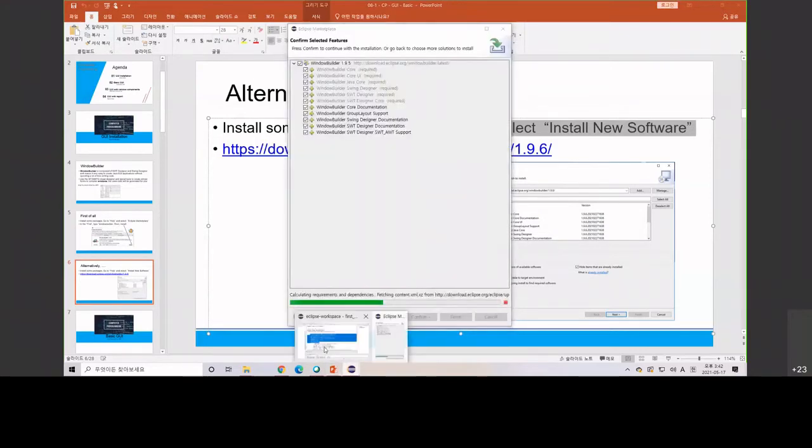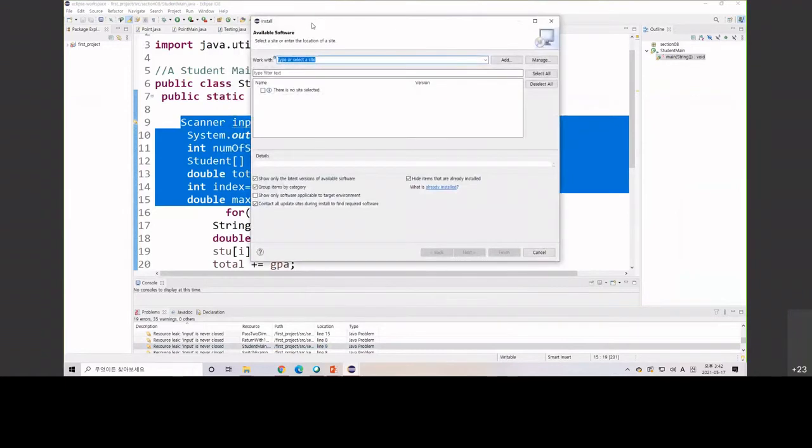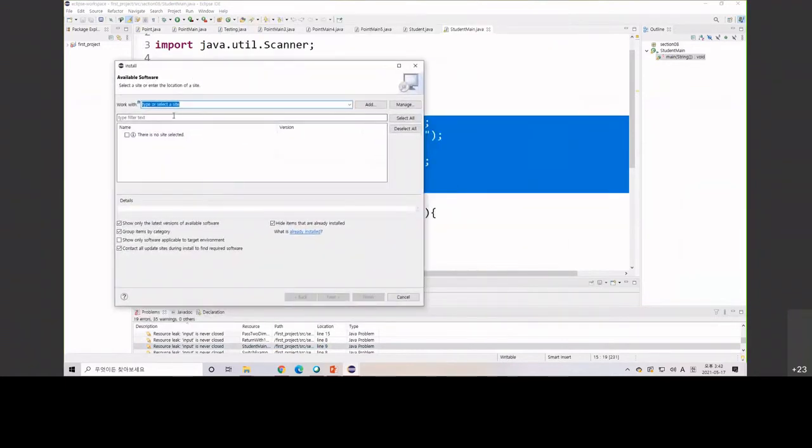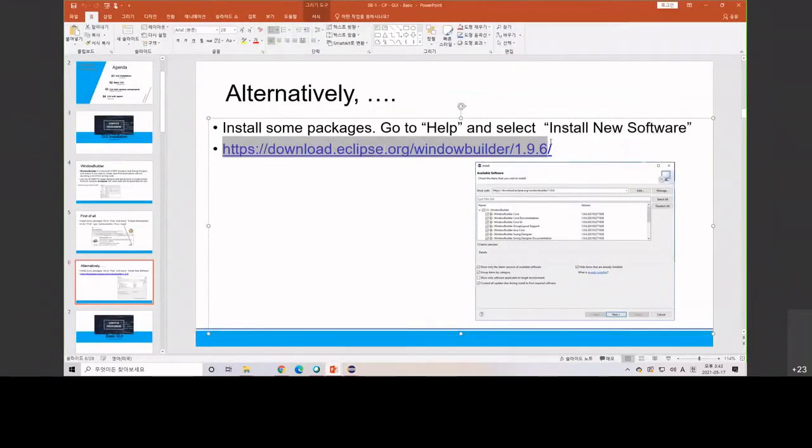So here it is still under installation. Actually, you can also do this on help, and then you can go to install new software. So once you are in this pop-up, there's an option work with. They have the list, because they already set what kind of packages. If you want to install, then you can just mention the link. So here I put the link. Okay, so let's say if I put this link, if you see this one, the newest one is